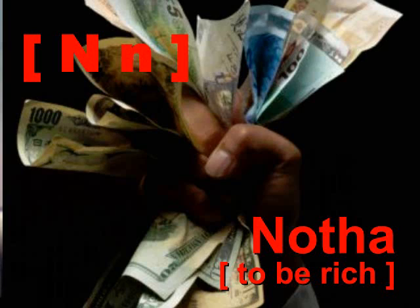Good. Let's do N. N in isiNdebele is pronounced like this. N. Did you get that? Try it with me. N. Good job. A word in Ndebele with the N sound is nota. Say it with me. Nota. Nota means to be rich, or to have a lot of money. Nota. Okay. Let's do